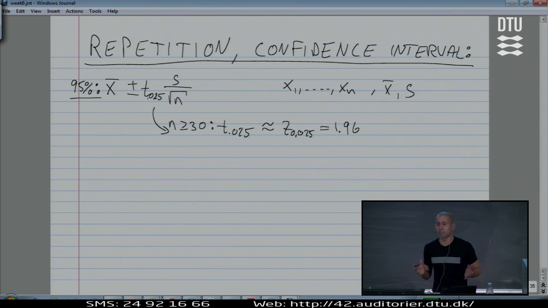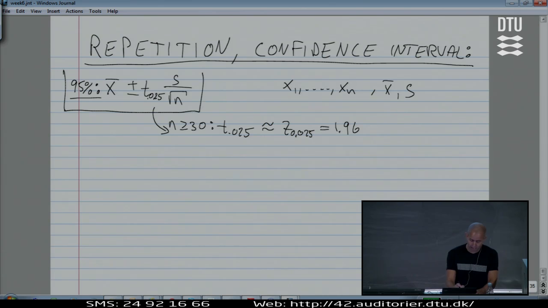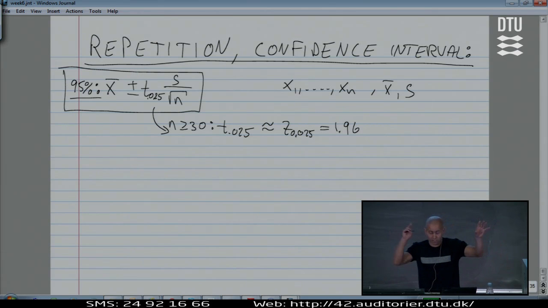So even though this t thing might seem a bit abstract, we can think of this t number as the number 2. That's the way of remembering it. That's the way of having the gut feeling about this. Basically, we take the average plus minus twice the noise of the average. That's just saying the same thing in different ways. Let me be a bit more precise now. This is the method as you can use it. This is the operational part of it. Compute the average, compute the standard deviation, S, and combine the numbers like this, and you have an interval with the mean in the middle and something on each side of the mean, right?